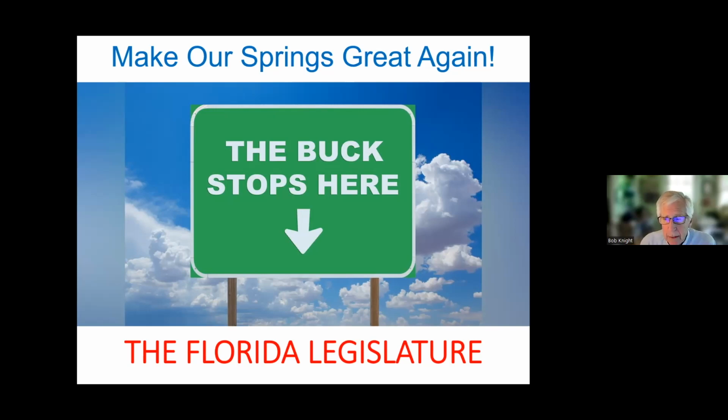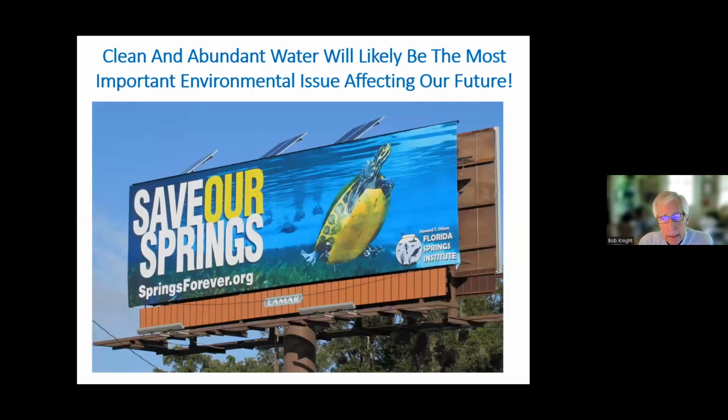And it's because we have the wrong legislature. We do not have a legislature in Florida that believes in protecting the environment or protecting the future of the humanity that lives in Florida. So that's what I have to say about that. And we're all going to suffer. The next generation,